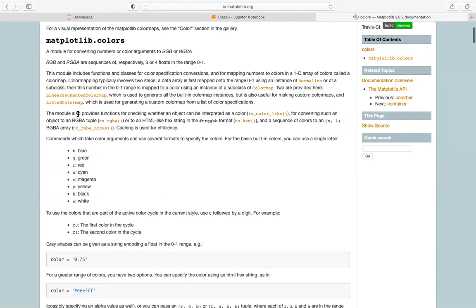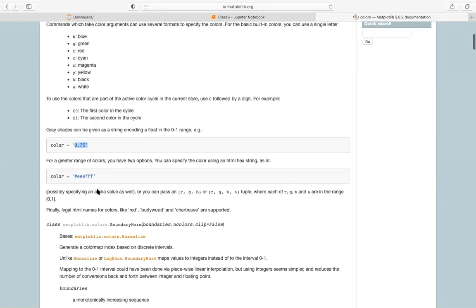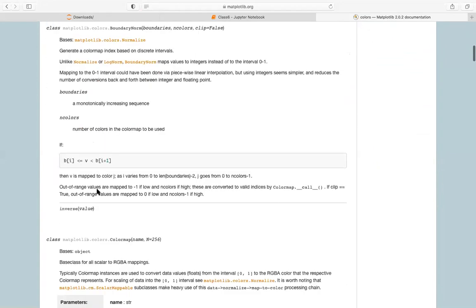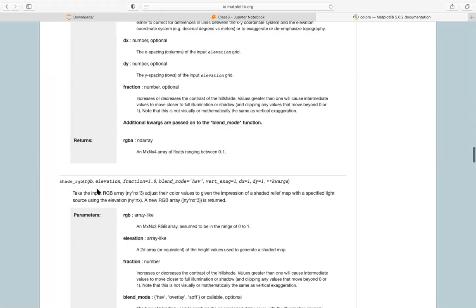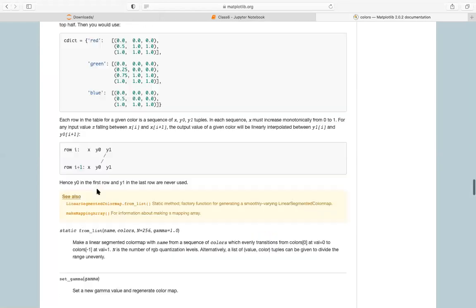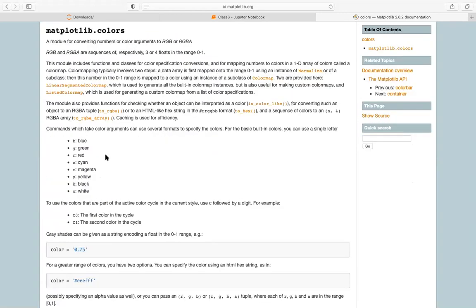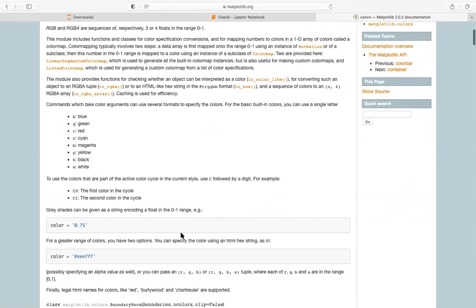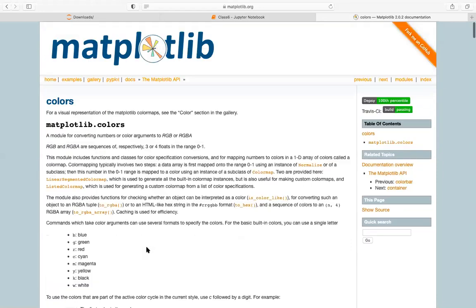Now let's say you do not have the color, you can make your own color also. How much strength you want for the color, or whatever international codes for colors are available, you can make it. I leave it to you to check the colors, but for me, I just use the basic colors that I needed for my work. But if anybody wants any particular color that is available, you can check the number of the color in hexadecimal string, and then you can simply write it like this, and you should be able to get a color.